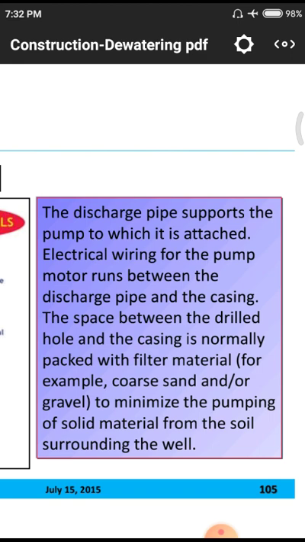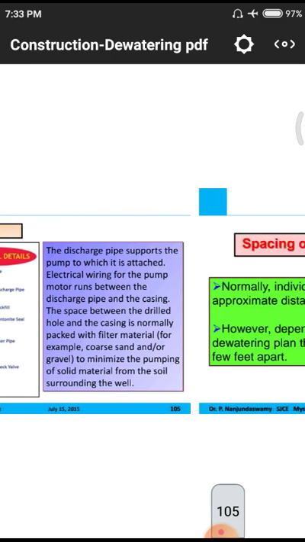Why? Because if the length of the pipe is very large, water will not come in an easy manner. We have to use some quantity of pressure to recharge the water from the bottom area to the top area, so we need to use these kinds of pressures and pumping systems. At those pressures, the water will normally mix with the surrounding soil strata, and that will cause blockings, so we have to use filter papers and other mechanisms to control those things.